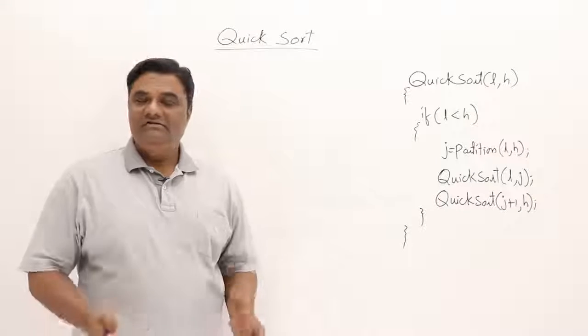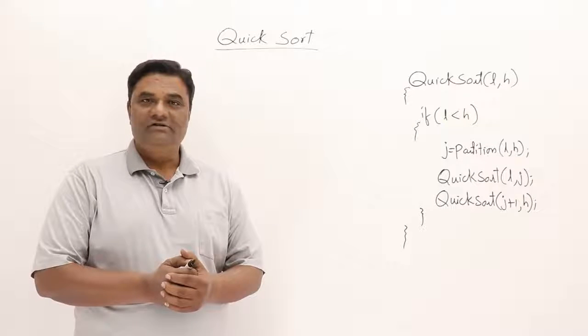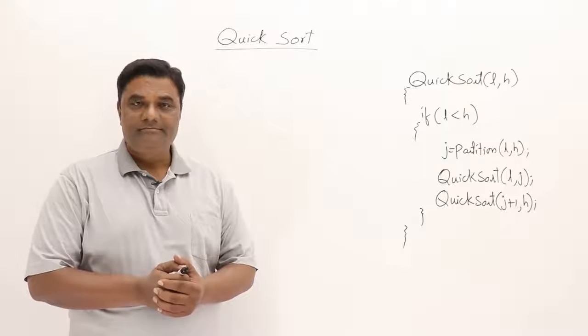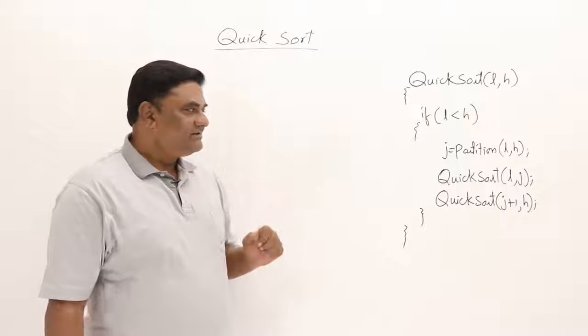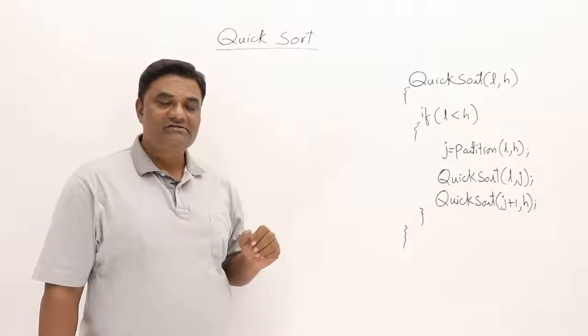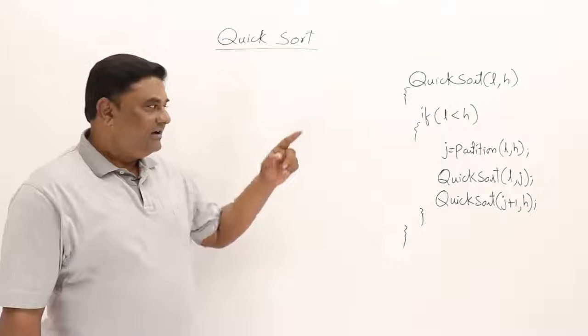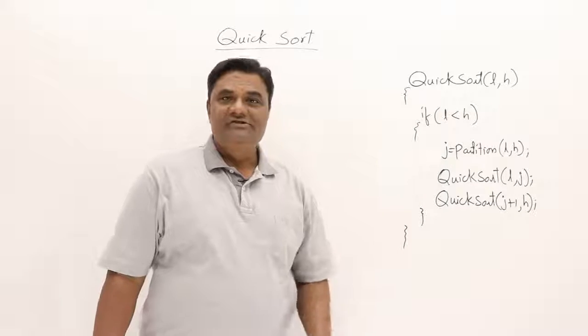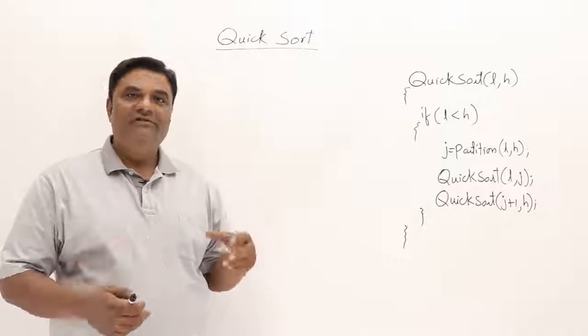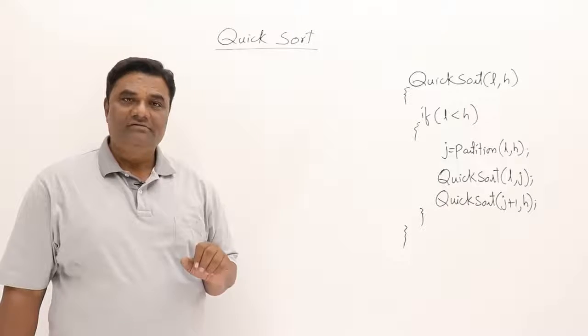Hi. Now let us look at analysis of quicksort. Let us analyze it and find out its time complexity. One important thing is that it is recursive and it follows the divide and conquer strategy. It is using a partitioning procedure, a partitioning algorithm, and the partitioning algorithm will find out the position of the pivot and